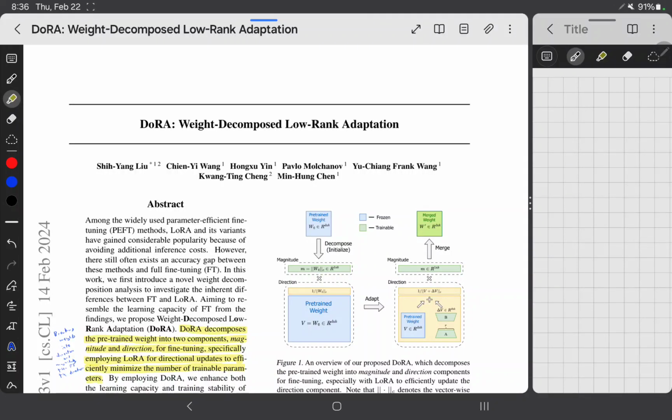I always love seeing new LoRA papers. This one is called DoRA, Weight-Decomposed Low-Rank Adaptation, and it's basically an improvement on LoRA. It takes LoRA and makes it more accurate across the board. So the accuracy whenever you do downstream fine tuning using a LoRA matrix, or in this case a DoRA matrix, is